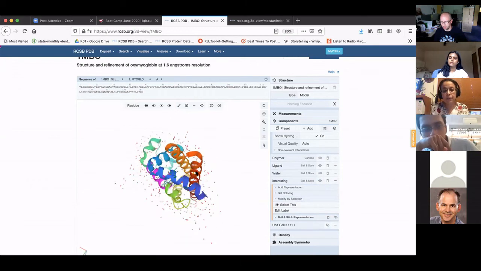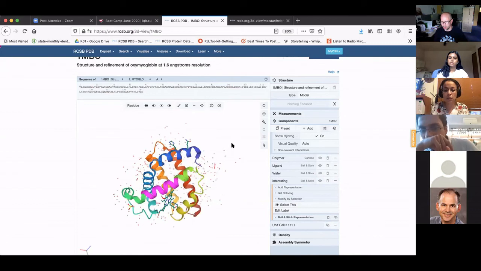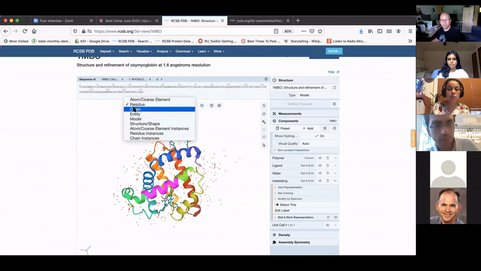But one other function I wanted you to see is measurement. So measurement, if you're doing measurement between two atoms, distance, you need at least 2 atoms. If you're doing an angle, you need at least 3. And dihedrals, you need 4. So let's say I want to measure the distance between these 2 residues. If I did it at the residue level, it'll do a measurement between the centroids of those 2 side chains. But if I change this now to an atom,